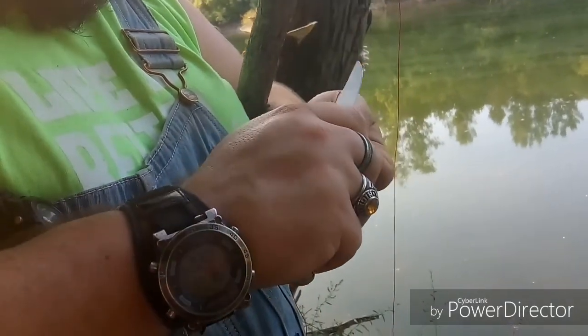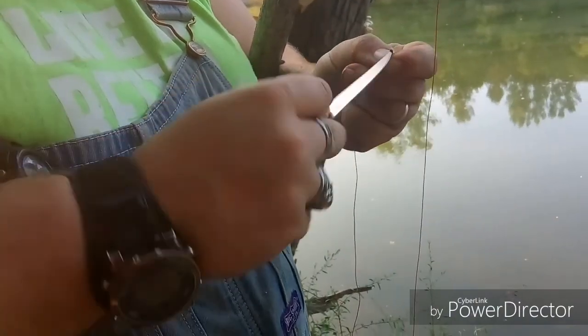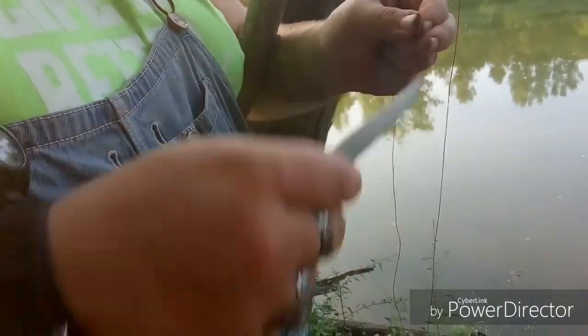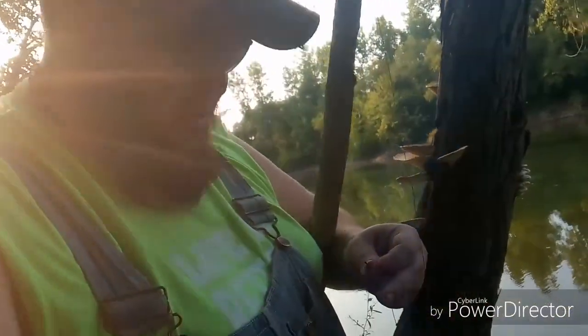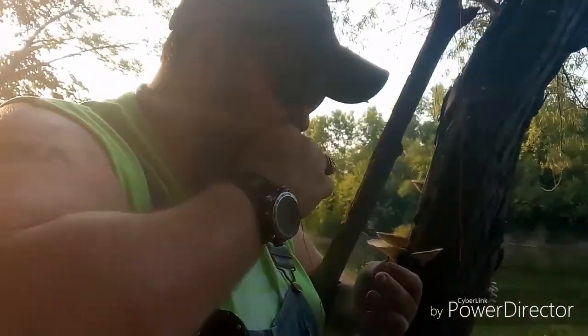Don't do this at home, children. You don't ever stick a knife in towards your hand. That's bad juju. Survivalist situation, that's a no-go. But I was a trained hillbilly, so we don't do that. You're not supposed to do that. Better words, but